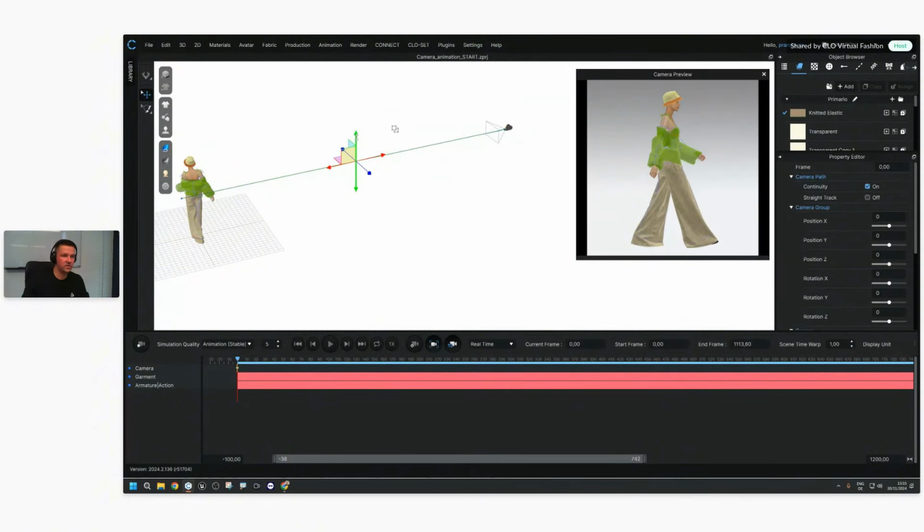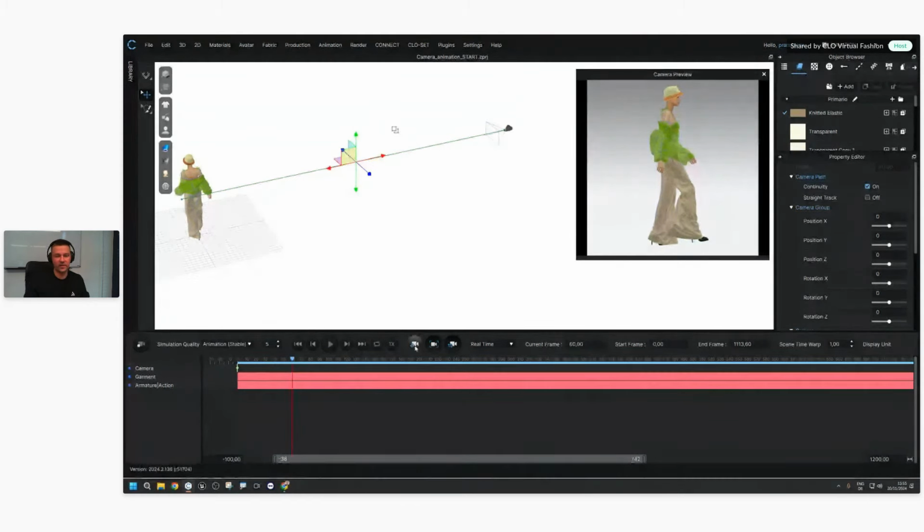Maybe like this. Okay, so next thing we want to do is set our second keyframe. For this, I have to scroll to, let's say, frame 60, and press the add keyframe button for the camera again. Now, in this area that I defined by the keyframes, the camera will stay in this position. From here, frame 60,